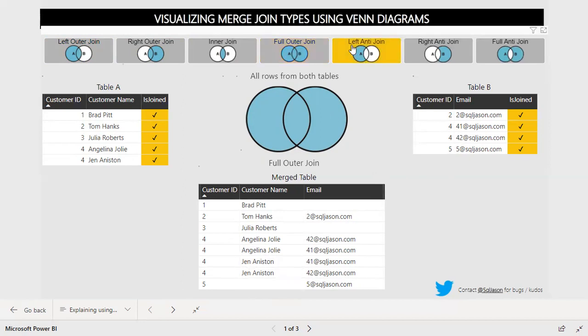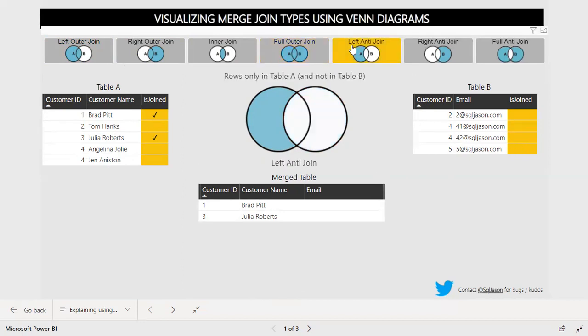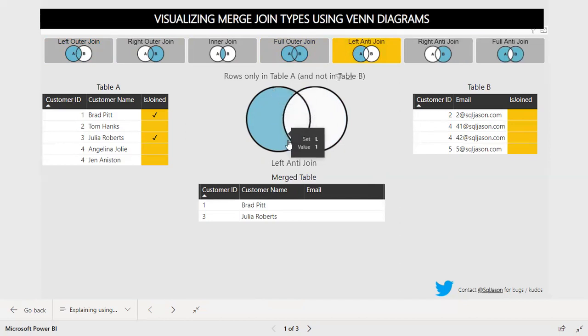Whenever the value is not there in the left table, that will be blank. And then full anti-join. Full anti-join is nothing but only the values that are in the left table. Even if there are common values, they won't be present over here. We'll get only the values from the left side, but not the values from the right side, whether they are common or not. If the value is in the right side, I don't want that value. I need only the values which are from the left side.